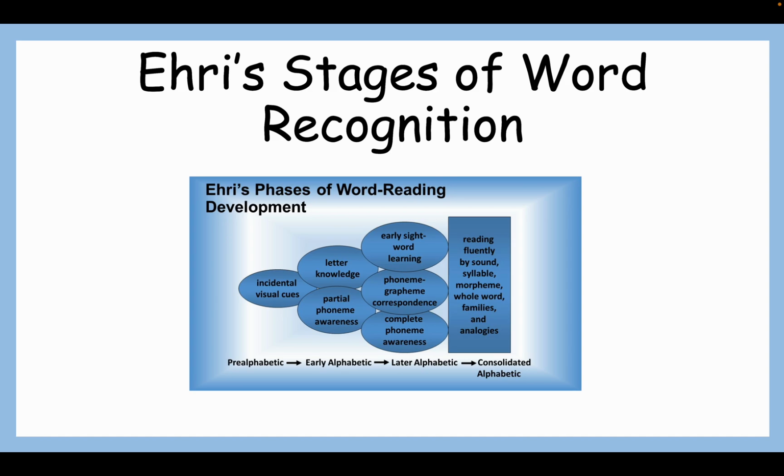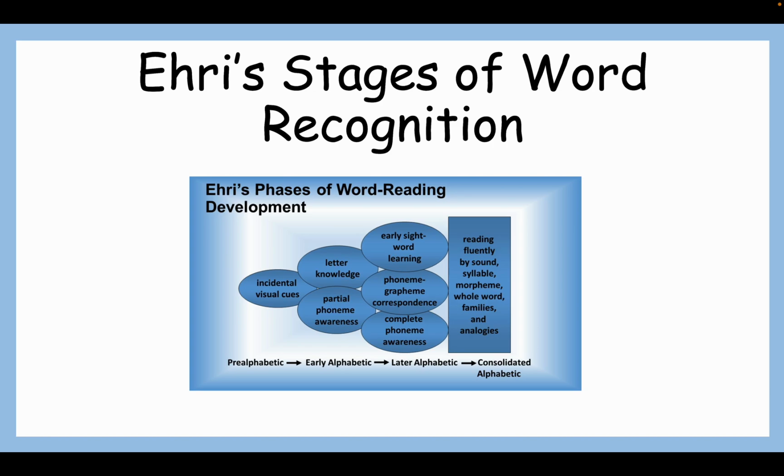Next, this is really important, and I don't hear too much talk about it, but we really got to get into it. So this is Ehri's Phases of Word Reading Development, and it's a continuum. So you start with pre-alphabetic, then early alphabetic, later alphabetic, and the consolidated alphabetic. So this sort of continuum